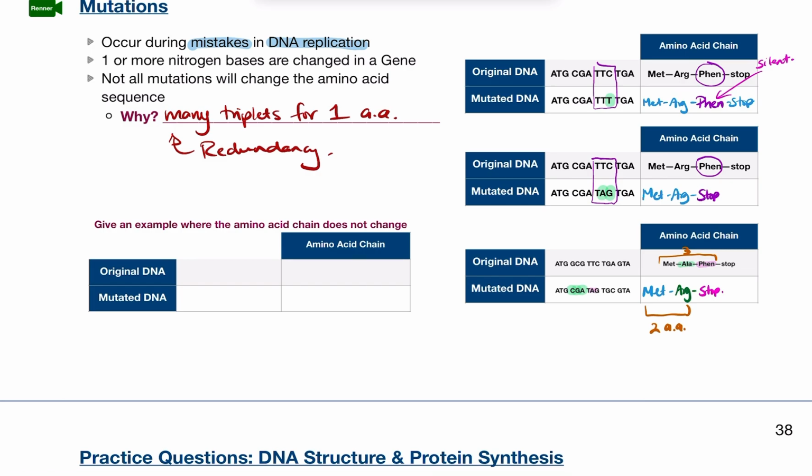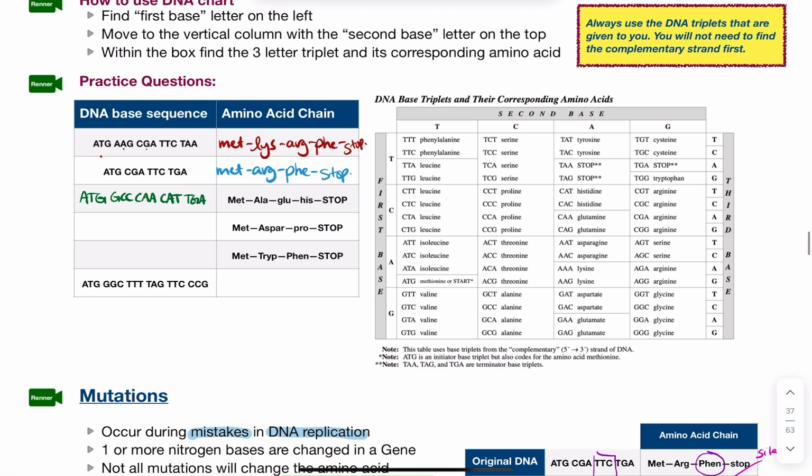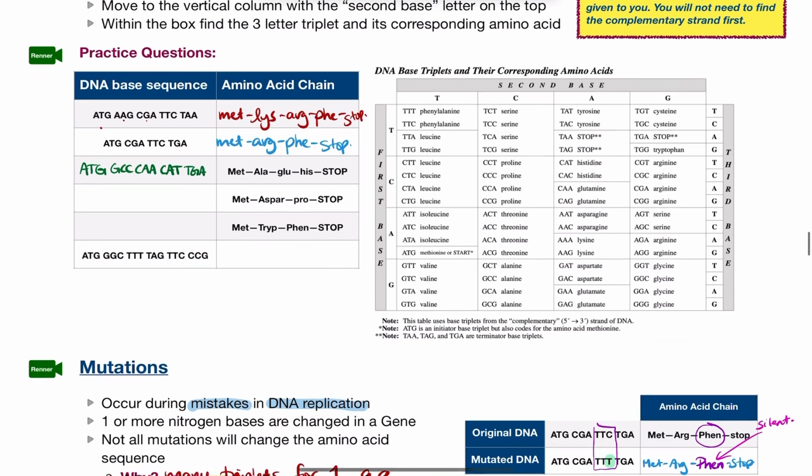So instead of following the cars go with the garage, CG, and apples grow on trees, AT, you get a mess up. And it can lead sometimes to a different amino acid, but because there's redundancy, multiple triplets for the same amino acid, sometimes it makes no change, and that'd be called silent. All right, hopefully that is